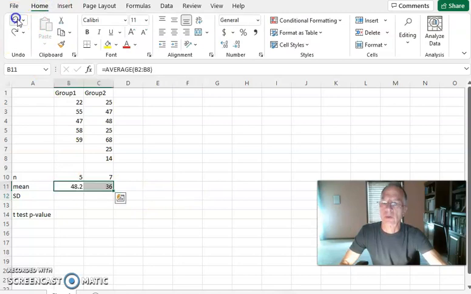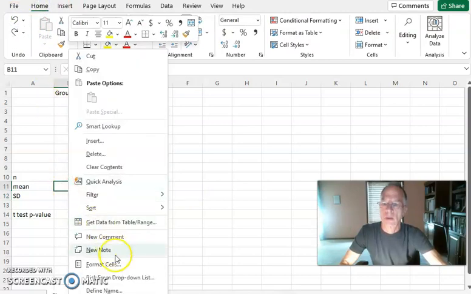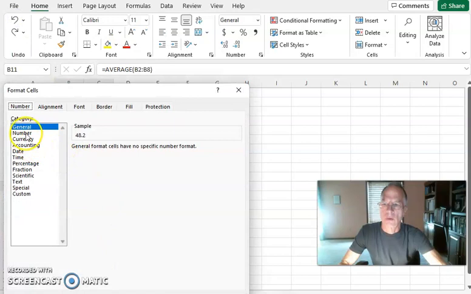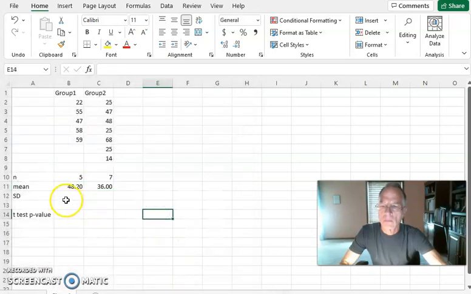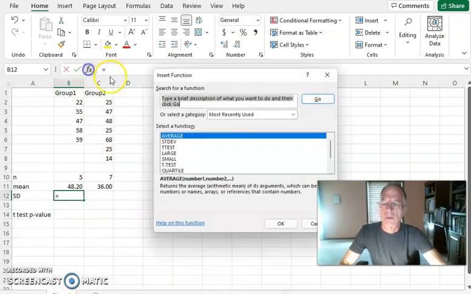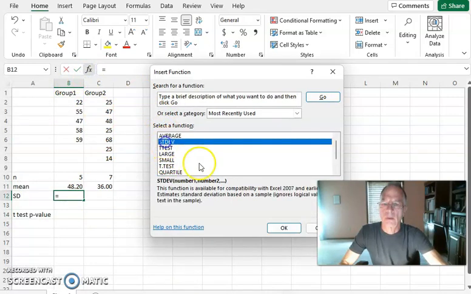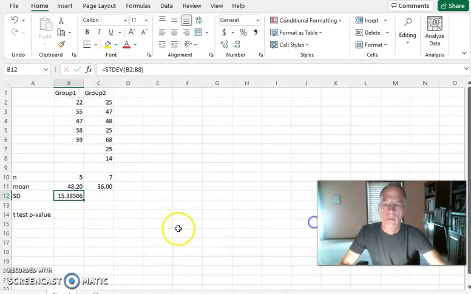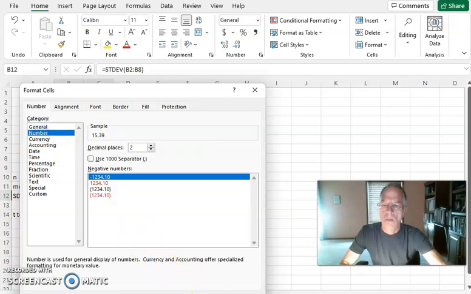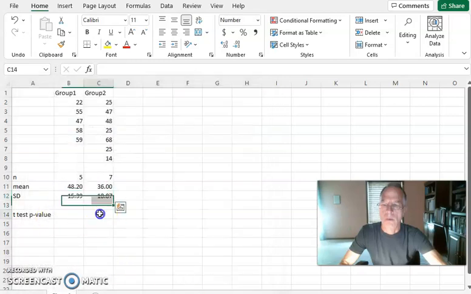We can click undo. And then standard deviation. And we can drag that over. Okay, we can park our